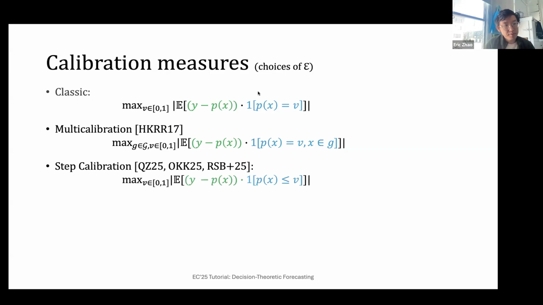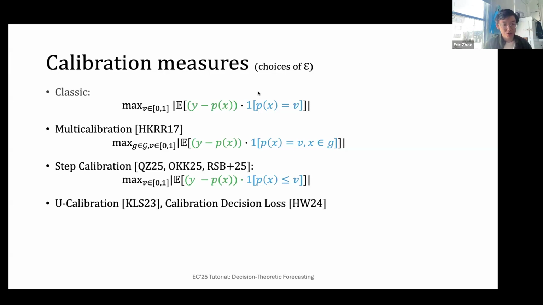One more calibration measure, which is qualitatively different from the other two and quite interesting, is this: instead of conditioning on a level set of my predictor, I condition on the epigraph of my predictor. So whenever my prediction is less than a certain amount, I ask for unbiasedness. This is actually a very powerful notion. For example, it gives you optimal rates for omni-prediction. It has nice truthfulness properties. It's testable. I worked on this with Mingda, and there were two other groups that reached the same definition concurrently, but with completely different motivations.